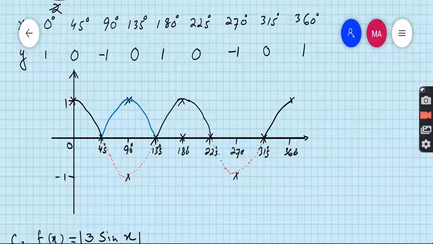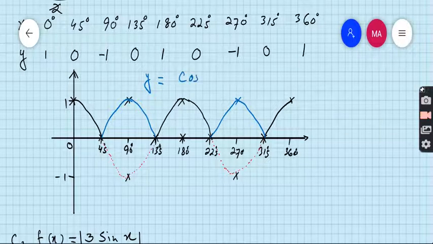And this is 270 for minus 1. This should be 270 and 1. Here we go. This is the graph of y equals